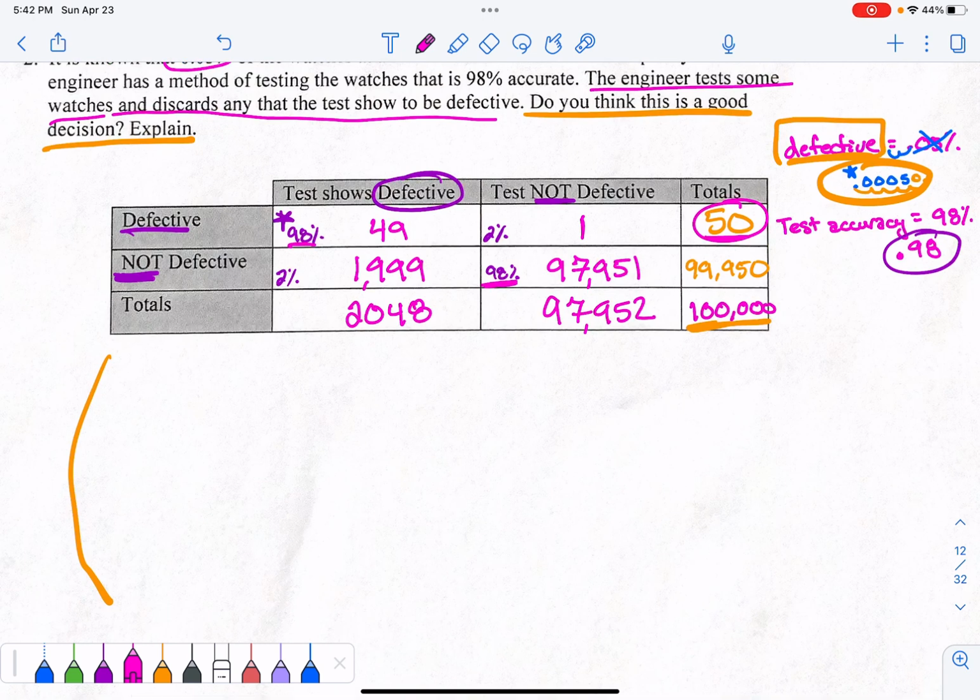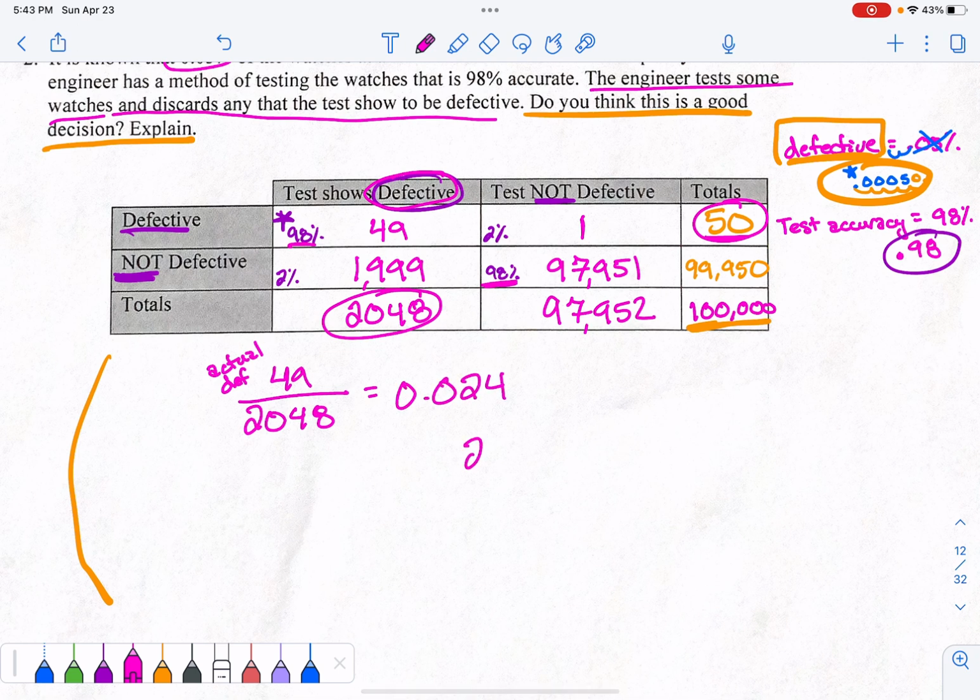Okay, so if we're talking defective, let's talk defective here. Out of all of the 100,000 watches, 2,048 are going to be positive for defect. But out of those, only 49 of them are actually defective. So if I'm looking at that as a percentage, 49 out of the 2,048 is going to give me